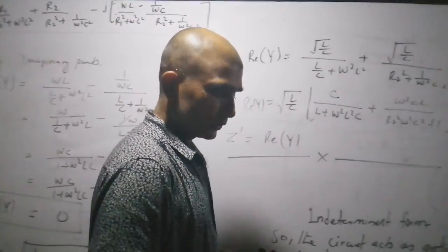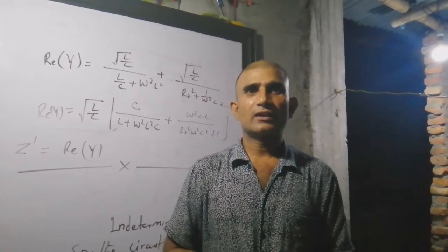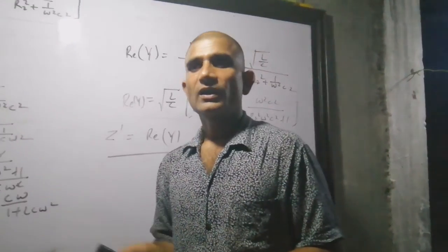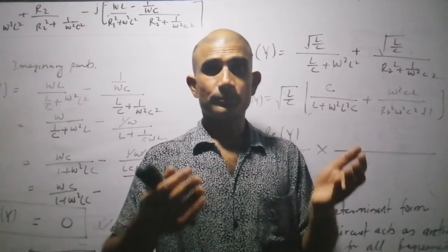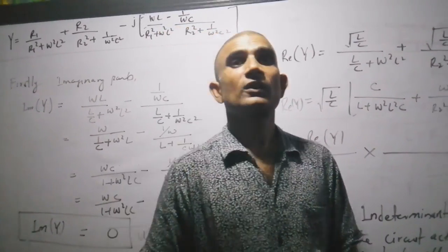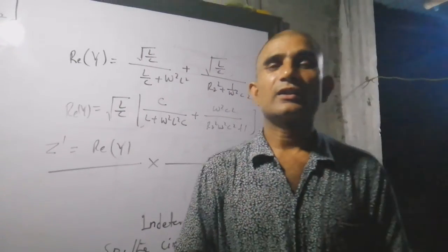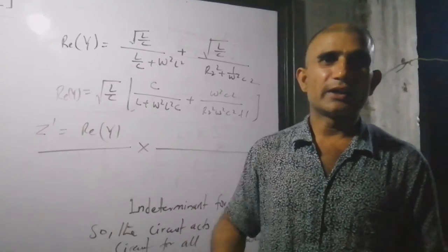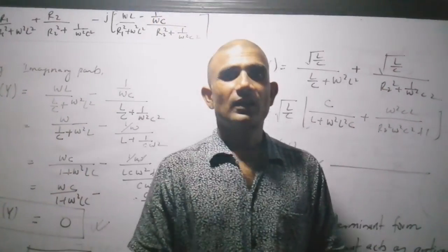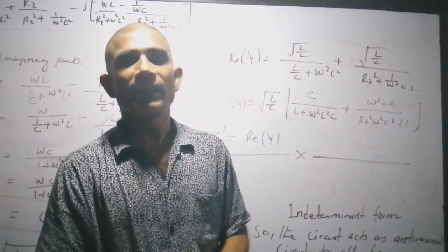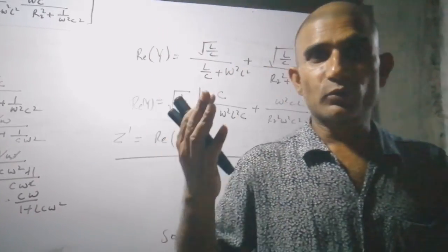In this way we can discuss them. If someone asks you to discuss in any exam the anti-resonance at all frequencies, then you can do this. And if there is a question to derive the frequency for the LCR parallel circuit where resistance is present in both the inductive and capacitive branch, then we can derive this. And I think this video has become a little bit longer, and so I always try to explain each and every point so that you can easily understand the topics we are going to learn.